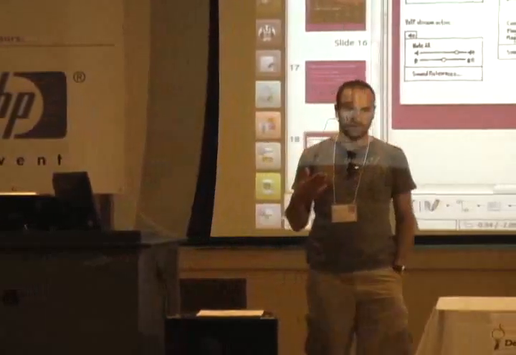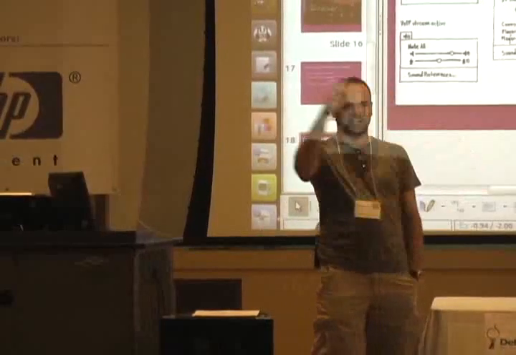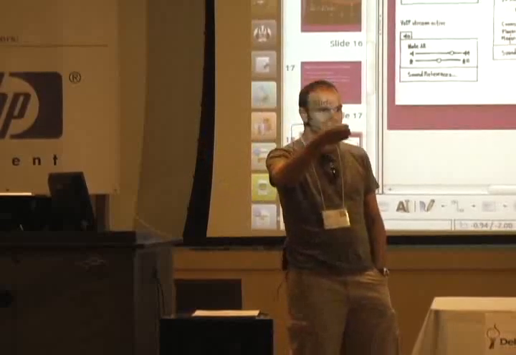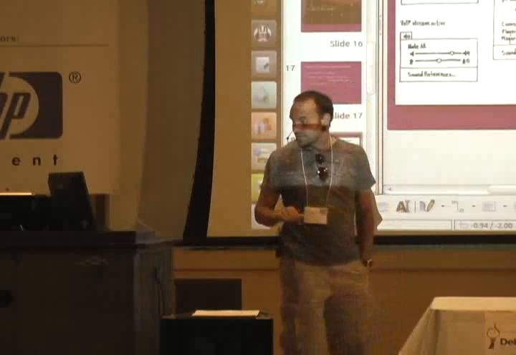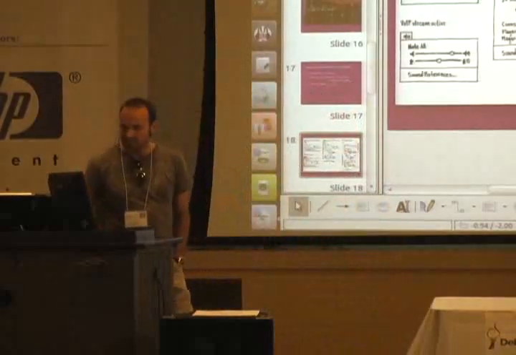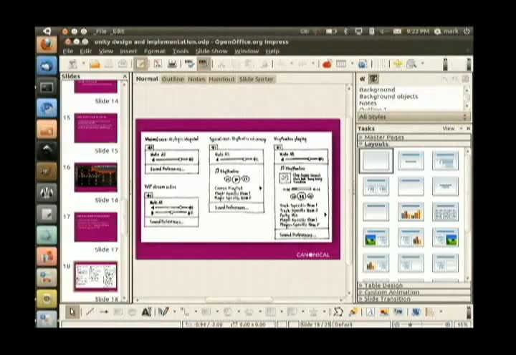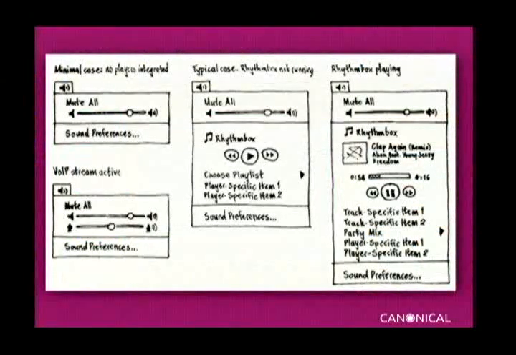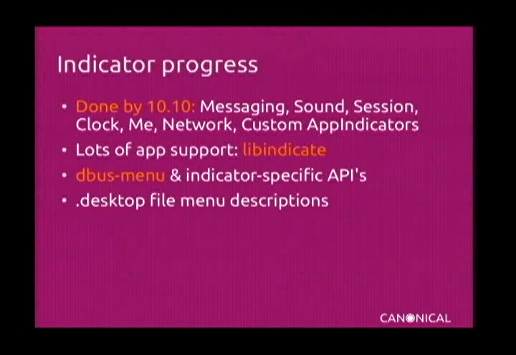So from a user experience point of view, you don't have to tell someone, go into the menu and start the application and then go over here and find your email. Basically, you just always go to the messaging menu. You can open up your mail application. You can see if it's running. This little indicator over here tells you that it's running. So by the end of 10.10, we should have the messaging menu, sound, session, clock, and the me menu, which is kind of a presence